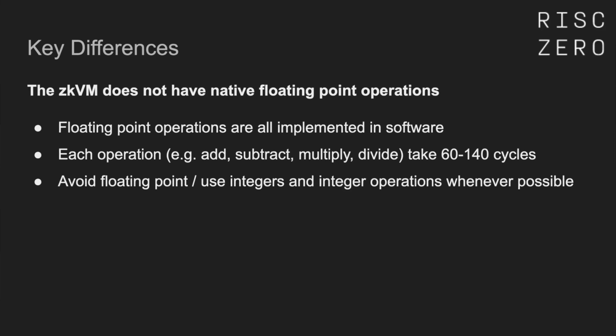Another important thing to note is that the zkVM does not have native floating point operations. Unlike most CPUs nowadays, which implement IEEE floating point in hardware, so that floating point operations are almost as fast as integer operations, the zkVM does not have that implementation. Floating point is instead implemented in software by the compiler. Each operation turns into about 60 to 140 cycles of RISC-V integer operations in order to implement IEEE floating point